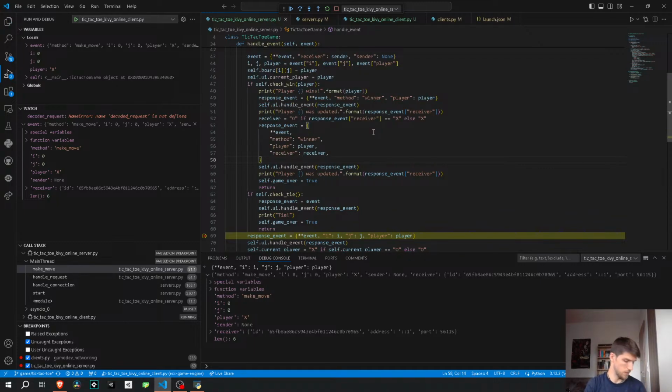And what this will do is it will send the same thing to the second player, and this should work. Right, so this one was updated, this one was updated, and yeah,